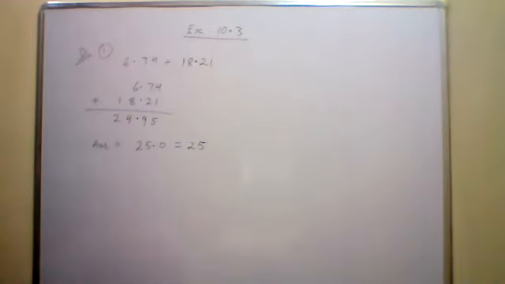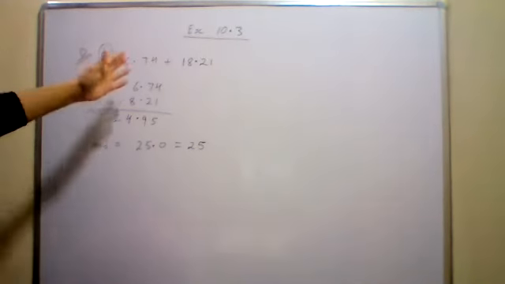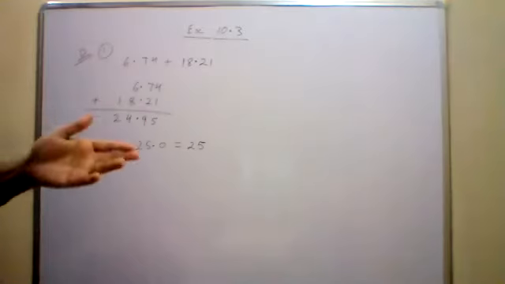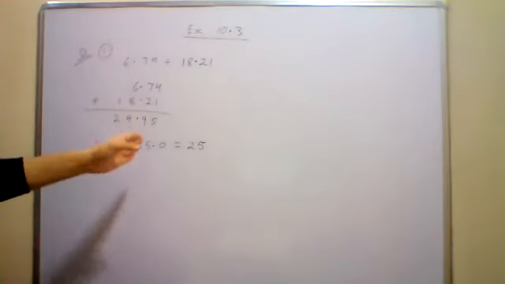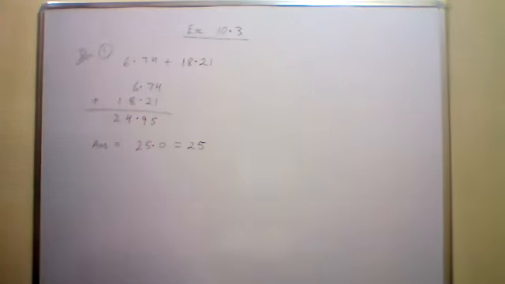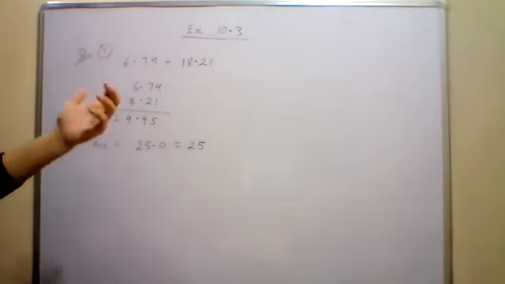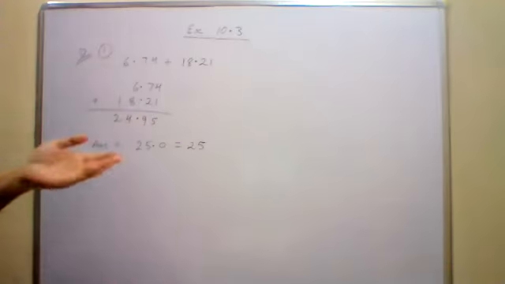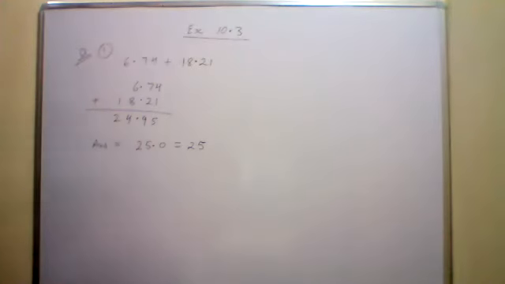Unnati, beta, do you want to say something? Yes, sir. I want to ask what we are doing and what we have to do, as I was disconnected. I'm saying that in your section 5C, we have already done these questions. In section 5B, we have not done this, so I'm doing these questions. This is a repetition of what you have already done. If you want, you can do them again, or just have a look at these questions and revise. It will be better if you do them again in your copies.